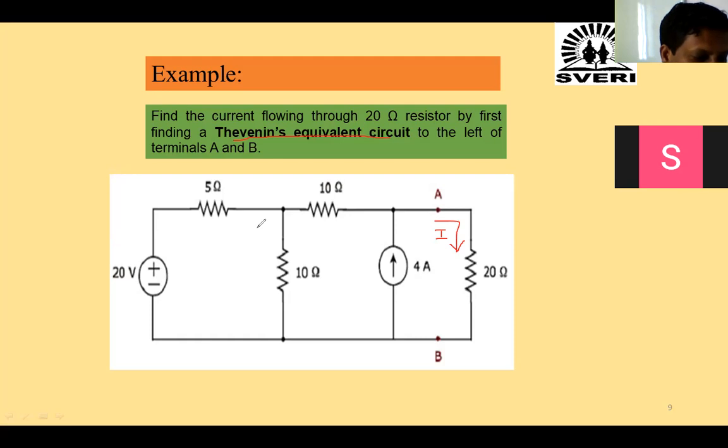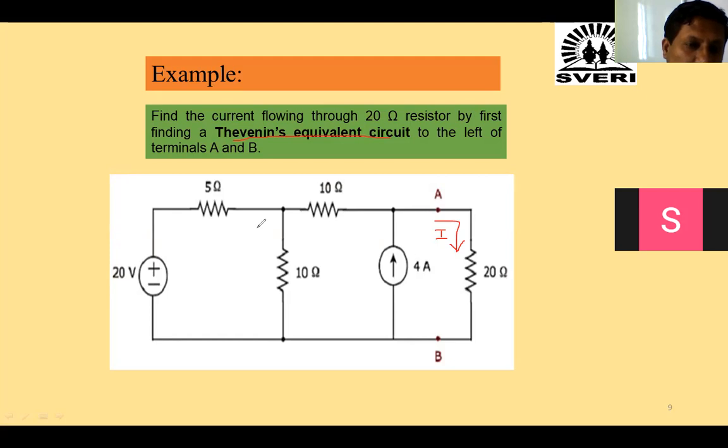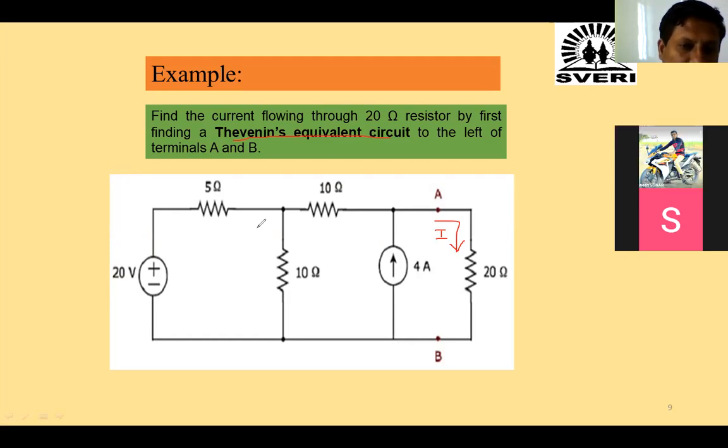Now observe the circuit. Now tell me whether it is type 1 or type 2. Type 1. Okay, it is type 1 because all sources are independent. There is no dependent source. That's why it is a type 1 problem. So in type 1, what are we doing? We have to find the two terminals. So the terminal names are given, A and B.